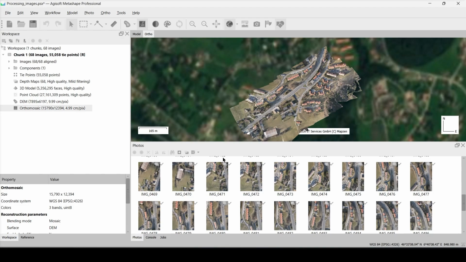That's it! We've successfully completed the entire workflow for processing aerial photo data in Agisoft Metashape. From raw photos, we've produced a sparse cloud, dense cloud, textured 3D model,